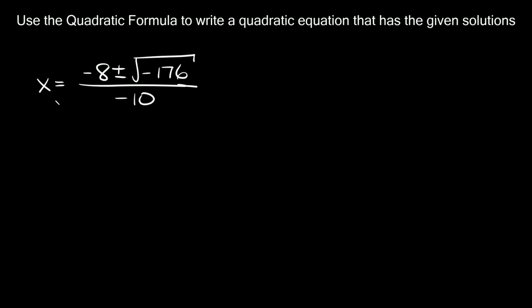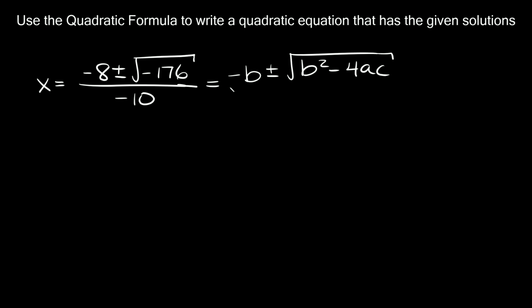Okay, so this is the first solution we're given. So x is equal to -8 plus or minus the square root of -176 all over -10. Okay, so in order to solve this, you need to set it equal to the quadratic formula. Let's just use the variables. So the quadratic formula, if you don't remember, is -b plus or minus the square root of b squared minus